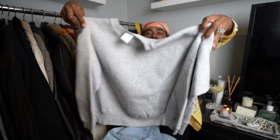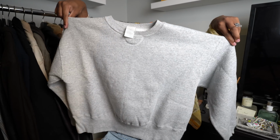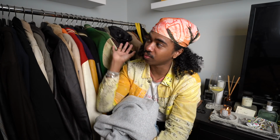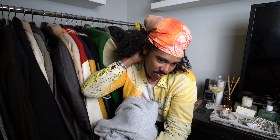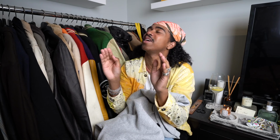I could never get enough of these heather gray crew necks. I don't know why. It's like the inner Steve Jobs in me. I just have this weird dream that one day I won't care about any of this, like when I'm in my 40s or something like that, and I just have a bunch of my favorite Levi's and a bunch of these and some of my favorite shoes and a nice watch, and I'm just gonna be content. Ray and I talk about this fantasy all the time, that we just want to have gray, whatever type of upper that you enjoy, simple bottoms, nice watch, whatever shoes, simple life past fashion, you know